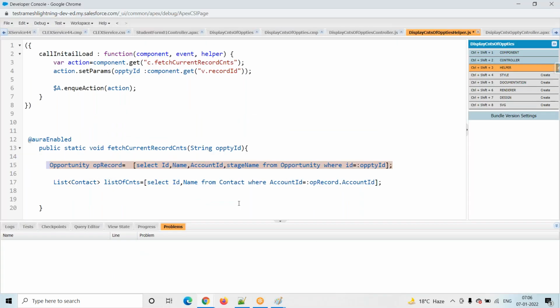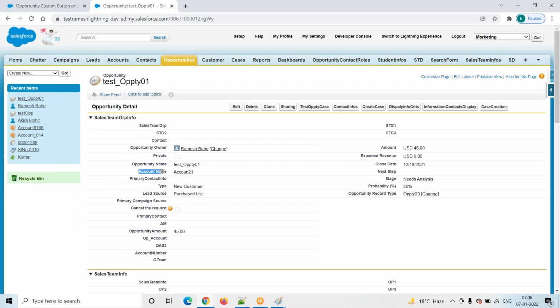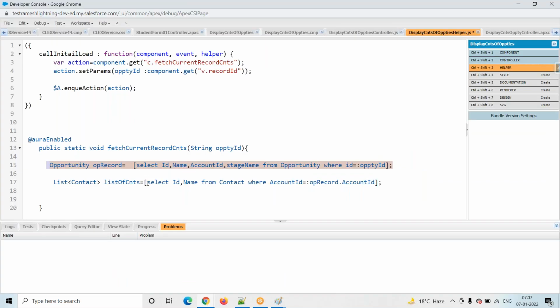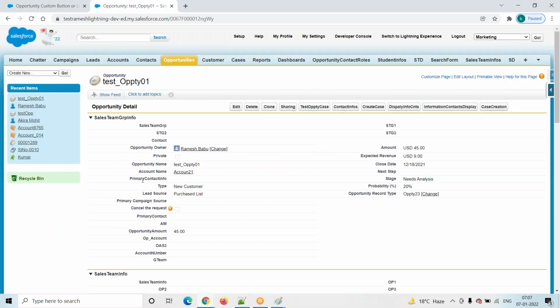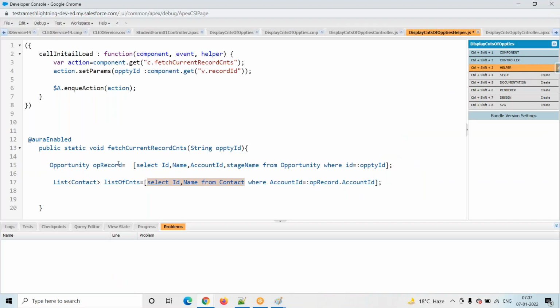Then what is my next step? In the opportunity we have an account, and for this account we have contacts. Those contacts we have to fetch. Generally, how to fetch the contacts? Select id, name from contact. It will give all the contacts, but I don't want all the contacts. Which contacts do we want? We have an account, the opportunity record dot account id.